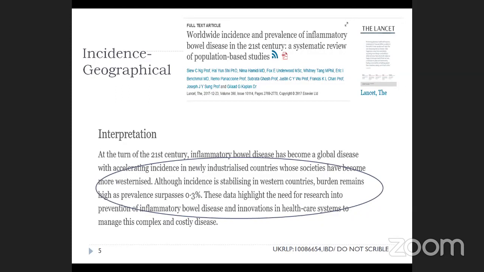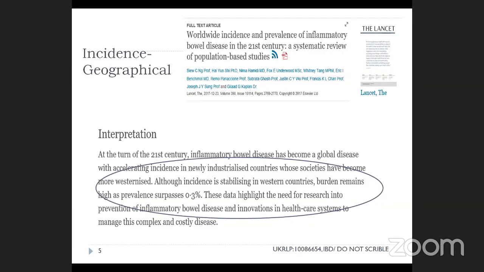That means because of the treatment modalities, the prevalence increases more than the incidence. So the disease burden is increasing in all parts of the world. The main thing I want to stress is the incidence: initially, in the year 1950, it was increasing in trend, and presently in the Western world the incidence is stabilizing.